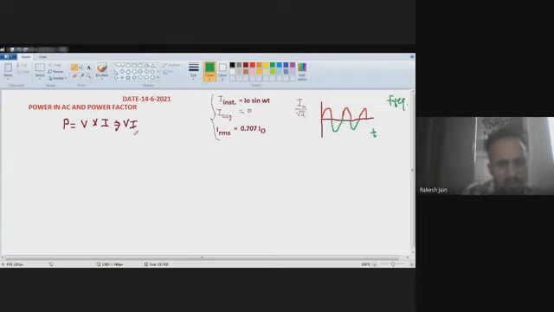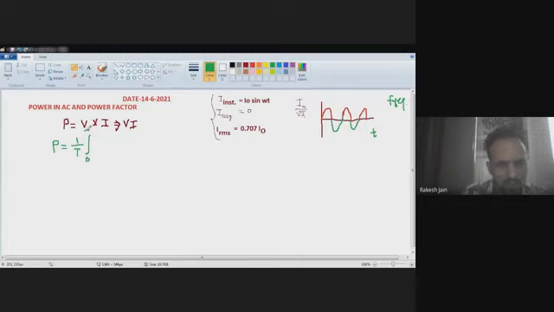That's why instead of the direct power formula VI, we should use a formula that can calculate the average power of AC with the help of integration. So what is the standard formula for the average power in AC? To calculate the average power of AC, we should use the formula P is equal to 1 divided by T, integration from 0 to T.